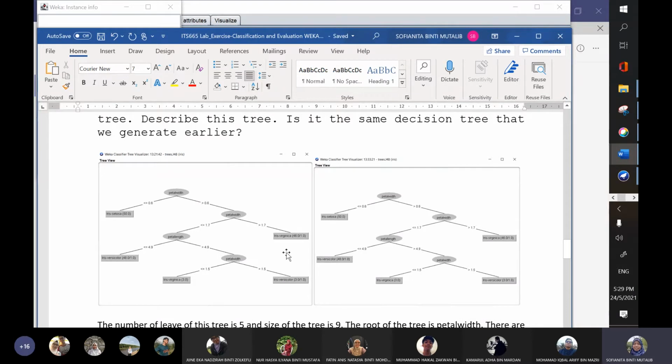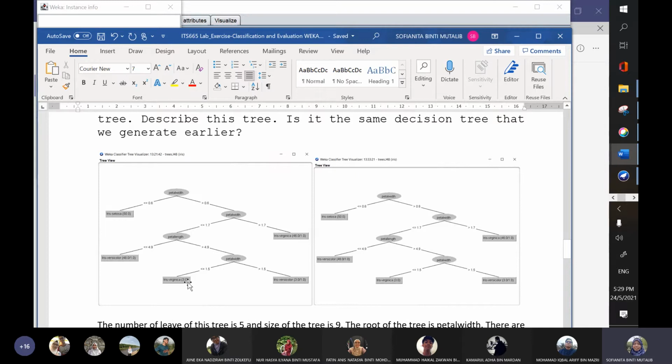Virginica or versicolor. But most of the virginica is more than, berapa ni? More than 1.7. Okay, but there are some virginica here that are less than 1.7. Maybe there is some noise given here.